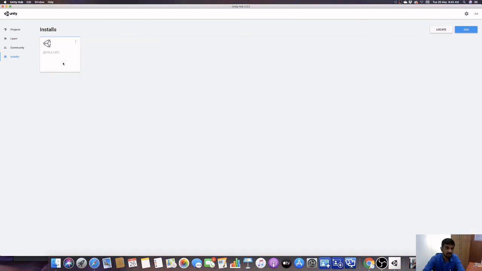Remember, before I stop the session, I want to tell you that depending on your system configuration and your internet speed, it depends how much time it will take, because it's a couple of GBs or more, maybe 5 GB of downloads cumulatively. It may take a couple of hours to 4 hours for me, and because I am using an iMac system, it may be done within 10 minutes, but for you it may be